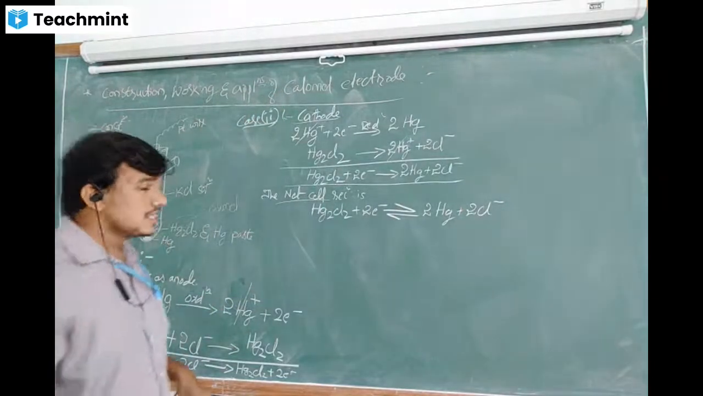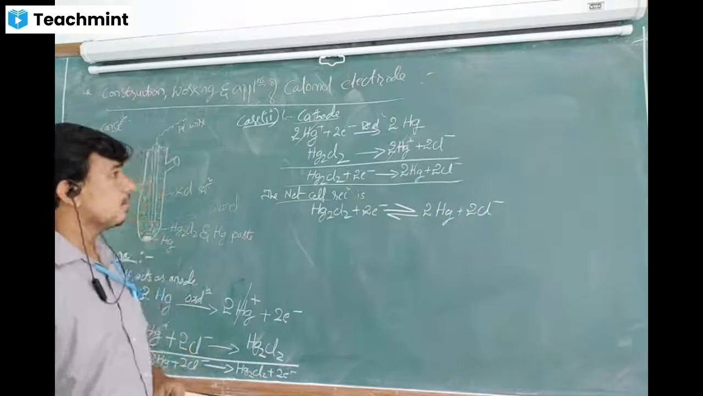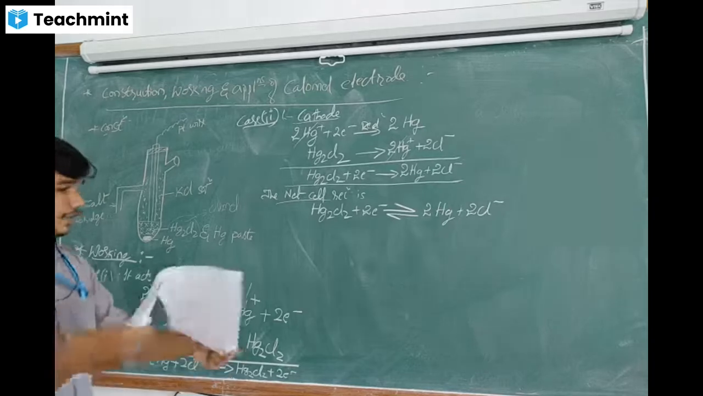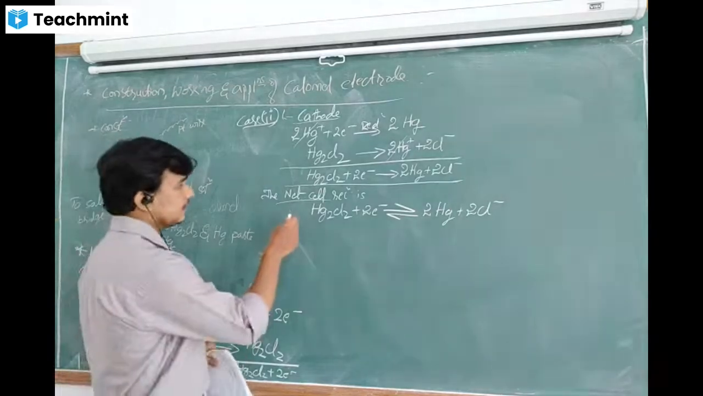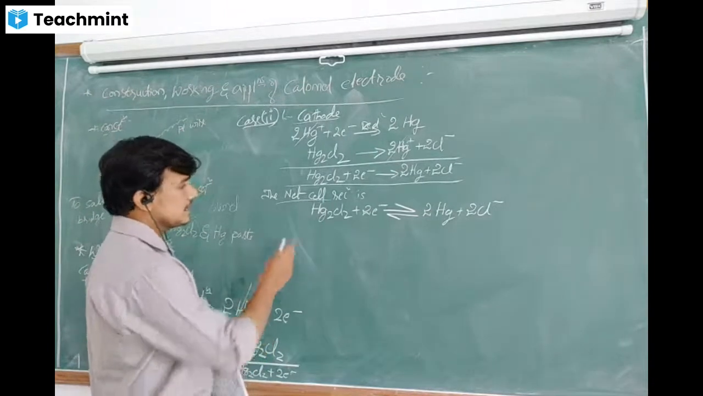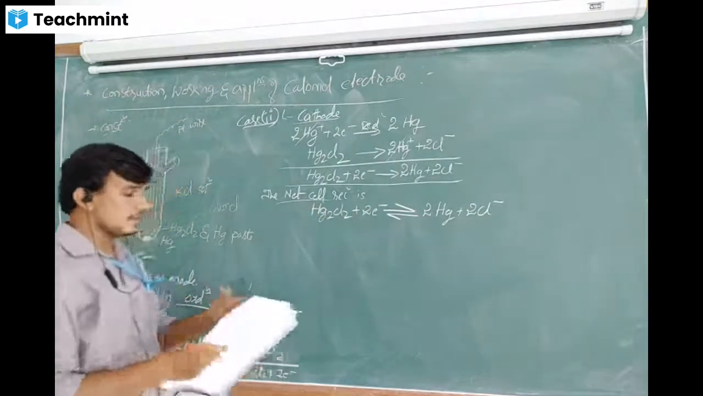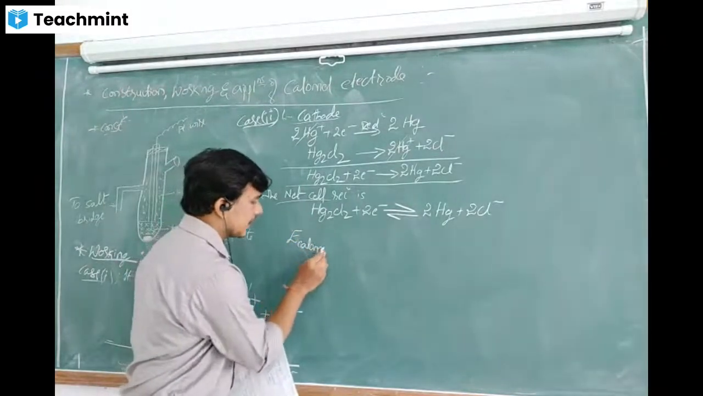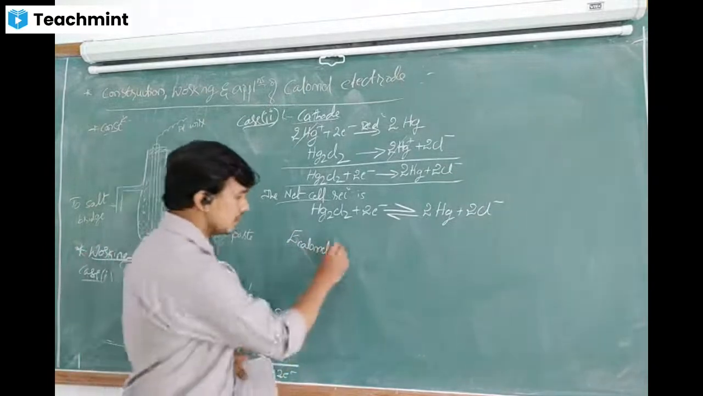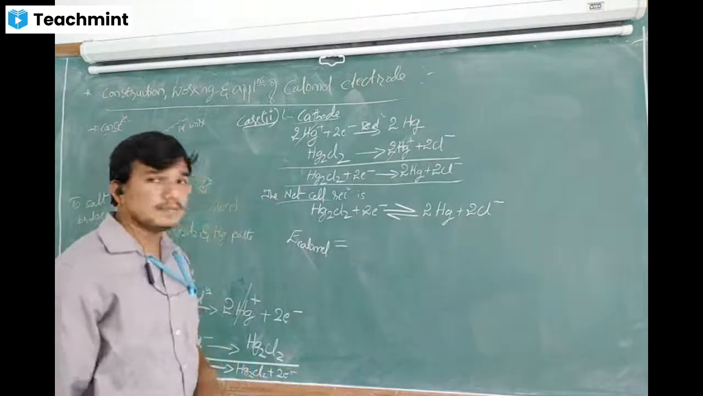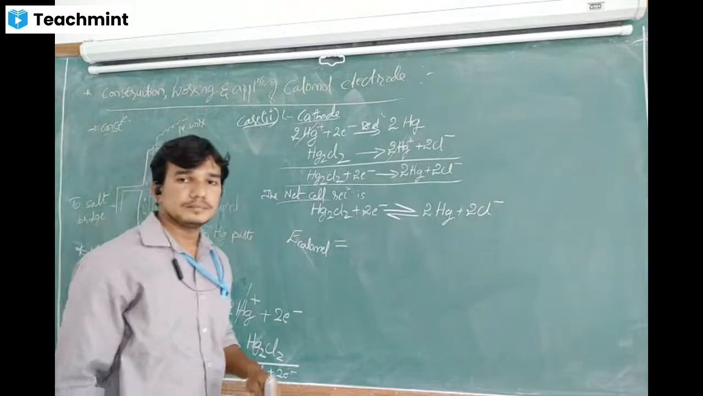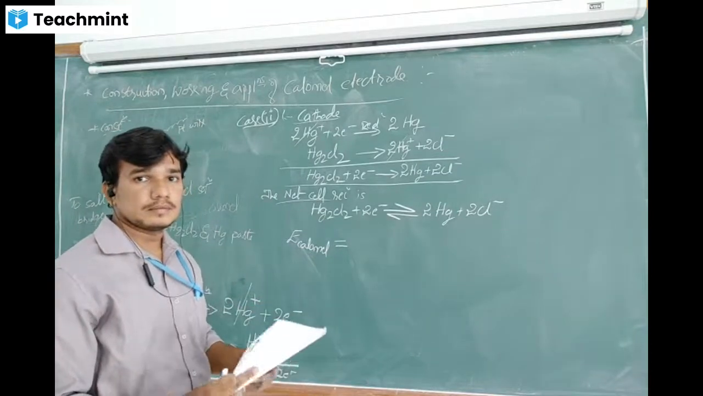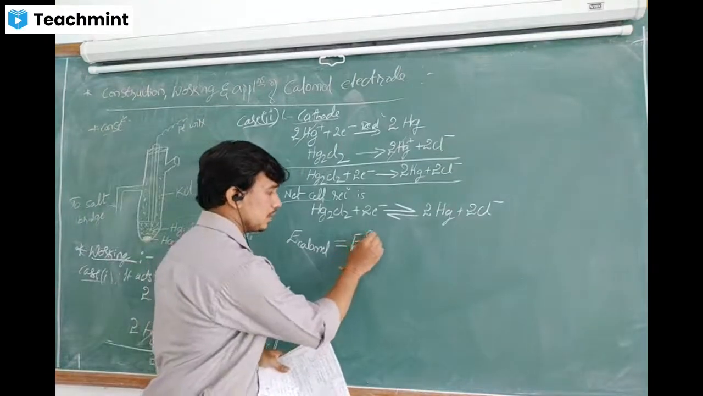Okay. So we know the Nernst equation from this one. Here you can write the net reversible cell reaction. This is also not a problem. We have to calculate the calomel electrode potential. You know the Nernst equation. What is the Nernst equation? In general, E equals E naught